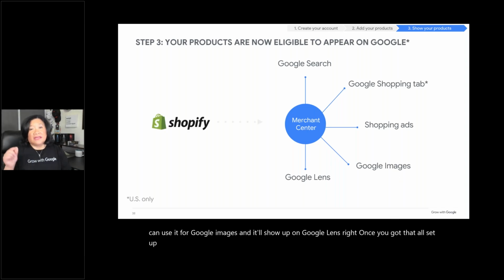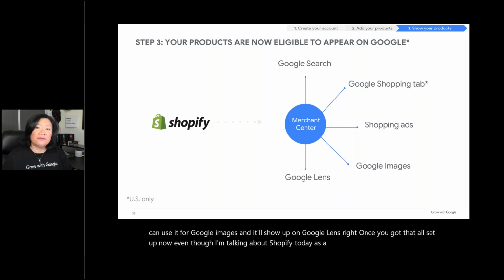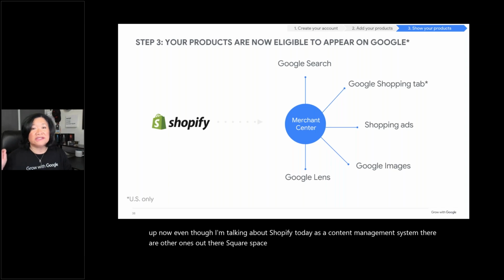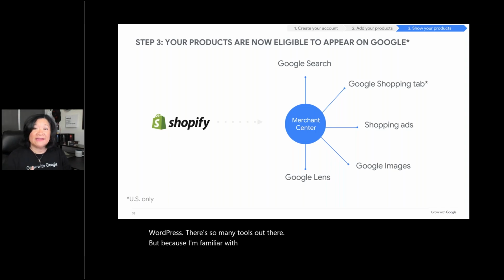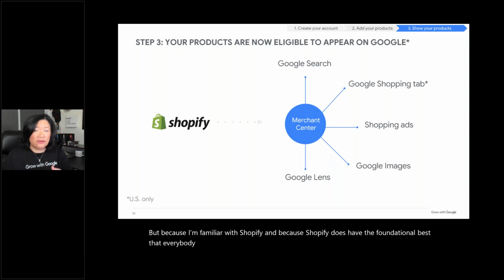Now, even though I'm talking about Shopify today as a content management system, there are other ones out there like Squarespace, Wix, WooCommerce. You can even use WordPress. There's so many tools out there, but because I'm familiar with Shopify and because Shopify does have the foundational best practices that everybody else has too, you can use the information here and apply it to whatever content